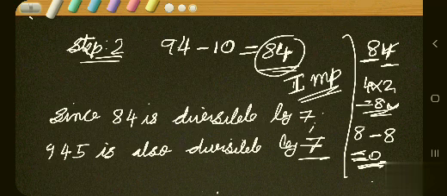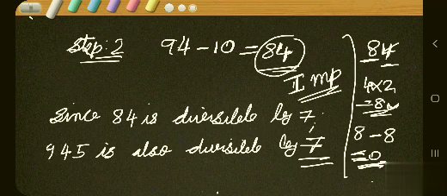How have we concluded that 84 is divisible by 7? Again, by doing the same steps, that is the steps involved in the rule of divisibility by 7. We have done the same steps in the working column. By doing those steps, we realize that 84 is divisible by 7, isn't it? Since 84 is divisible by 7, we can say that the given number is also divisible by 7. Have you understood? Okay, let's do one more.